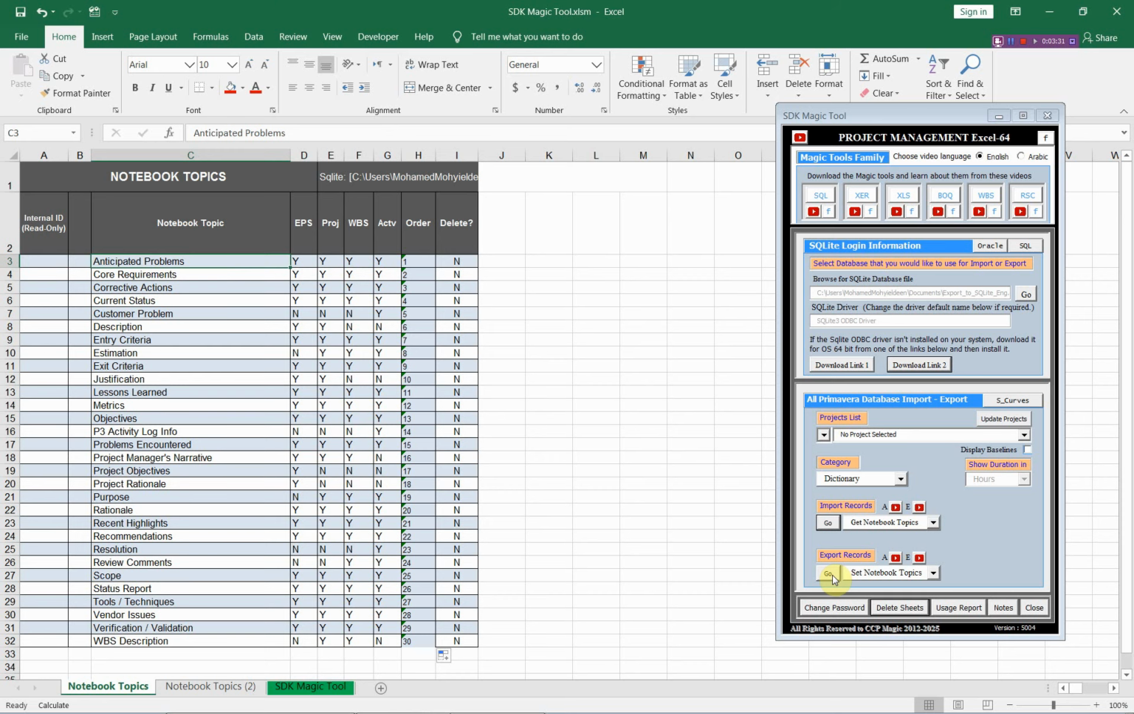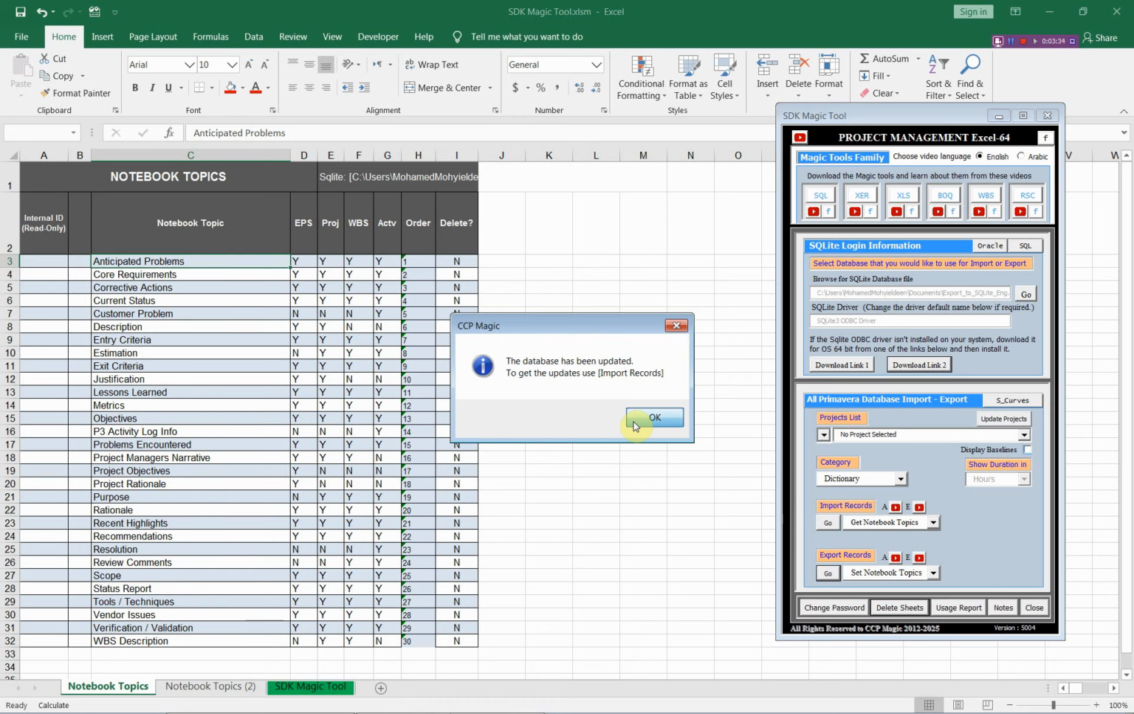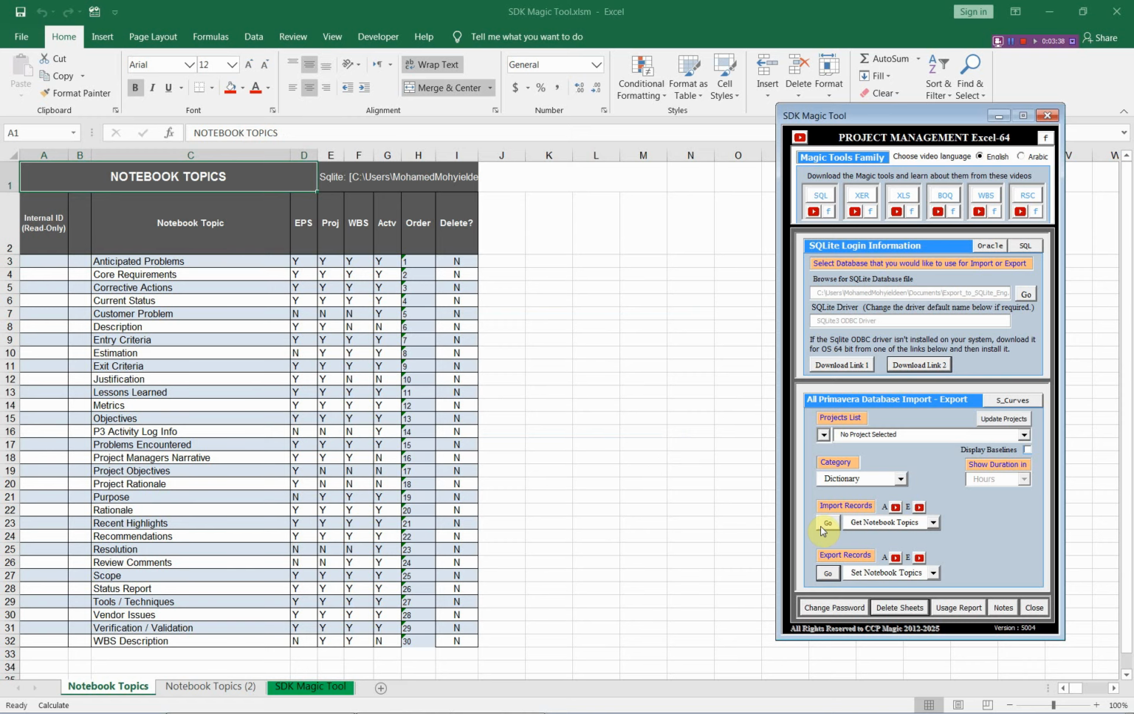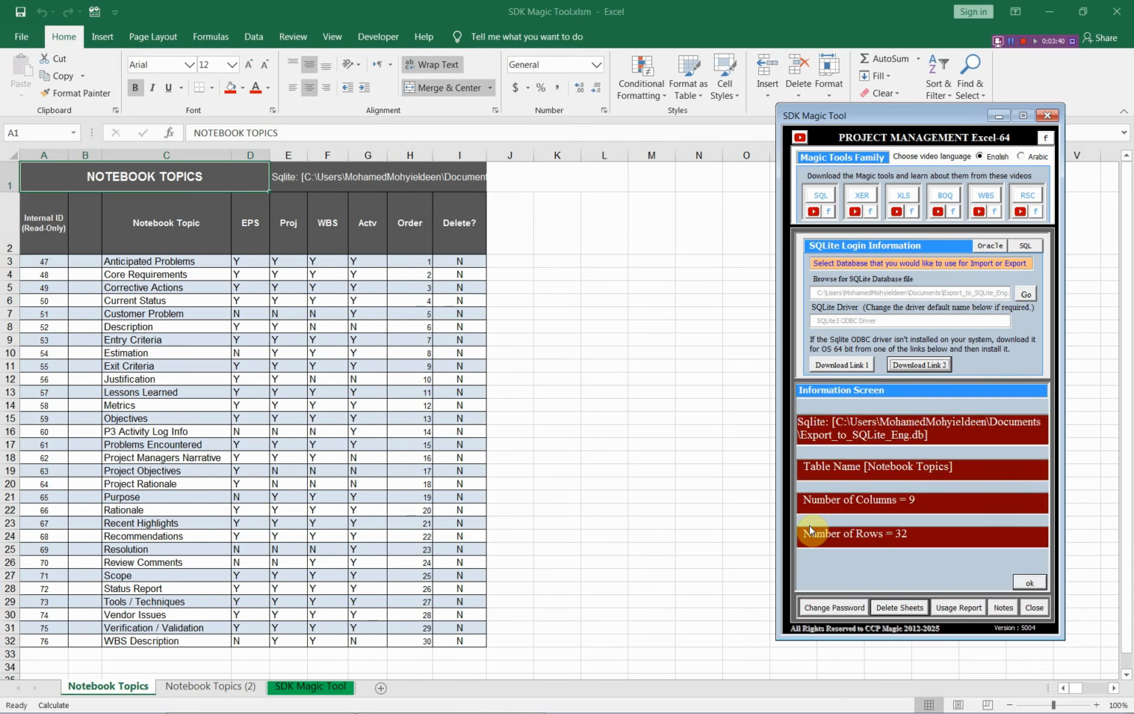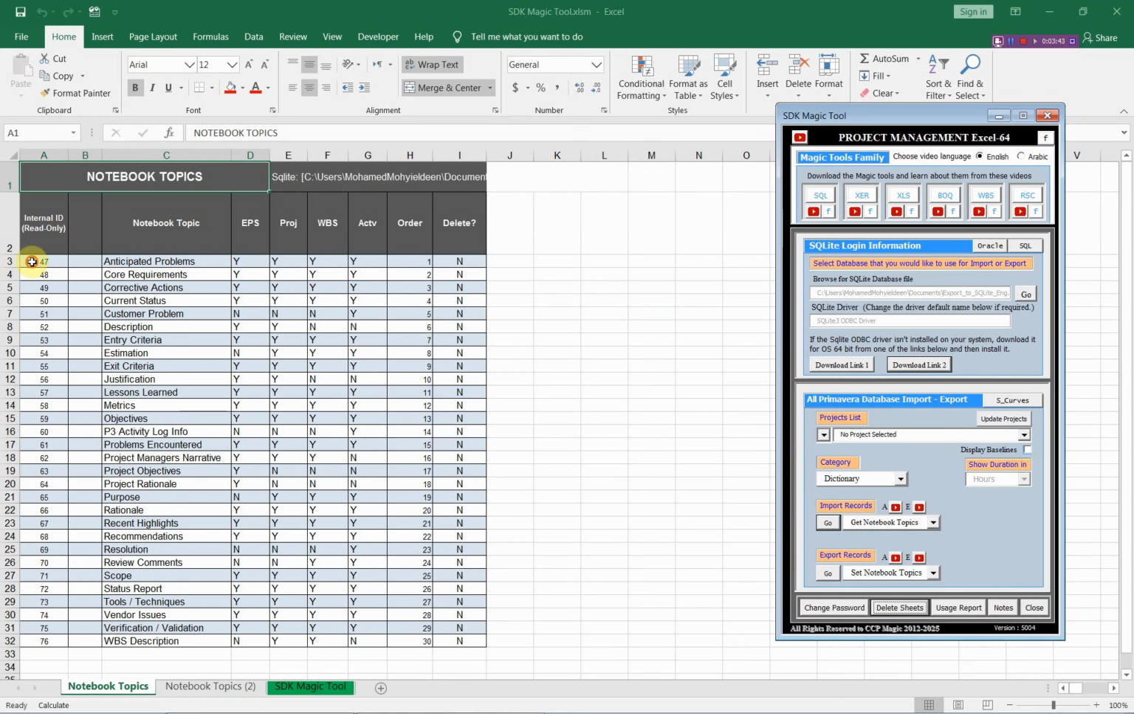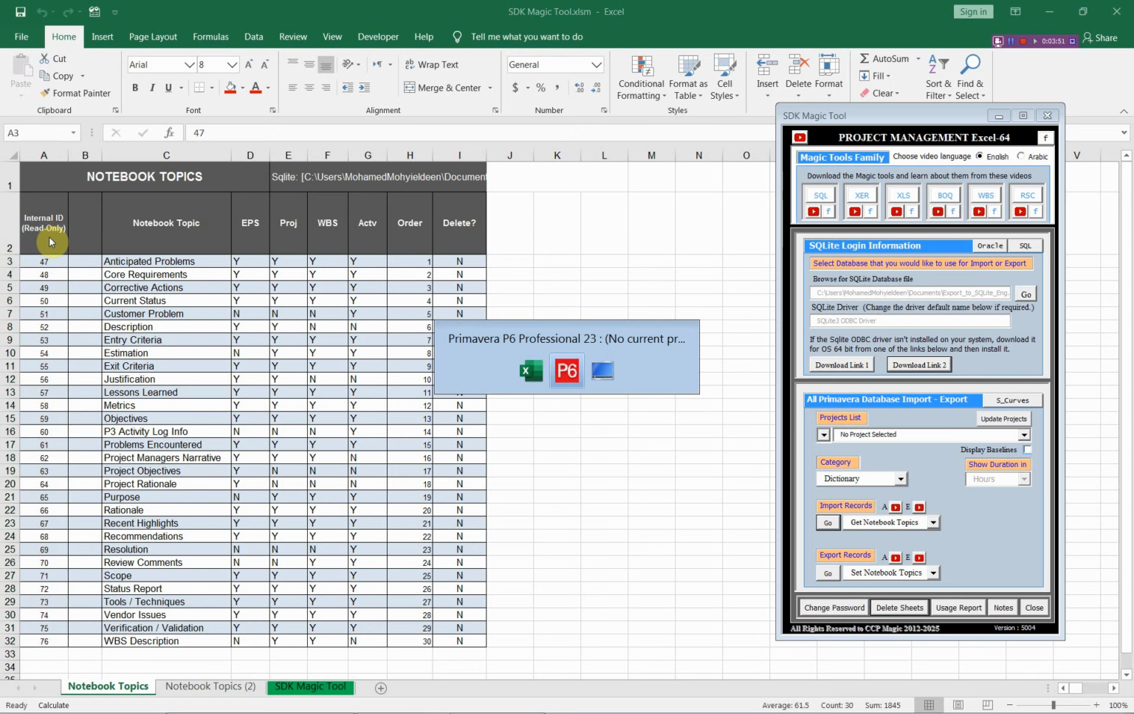From the export menu, select notebook topics. Now we have these items in Primavera. Let us import these notebook topics again. As you see, all of these numbers have been set in the database by the SDK Magic Tool, and when we go to Primavera,